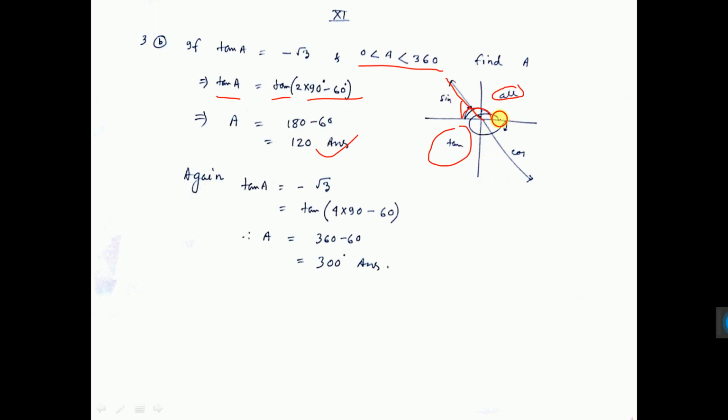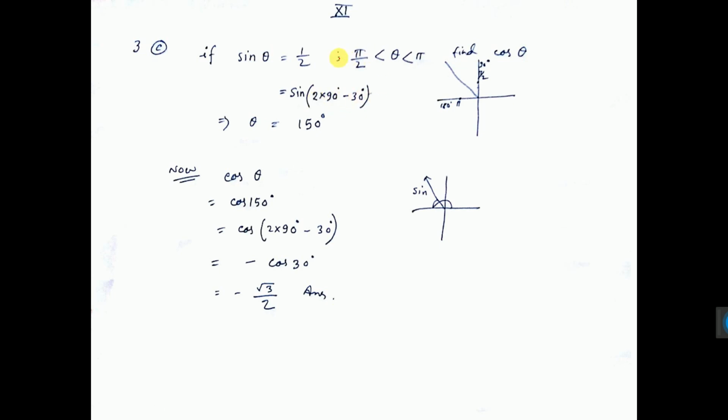Now the fourth quadrant. You see 1, 2, 3, fourth quadrant, and minus I am giving, that is 4 into 90 minus 60 if I give. So 1, 2, 3, 4 minus theta, that is coming in the fourth quadrant. Now tan cancels, then A equals 360 minus 60, that is 300 degree. So the value of A is either 120 or 300. See, 120 is in between this, 300 is also in between this. So we have got the answer, this one and this one.